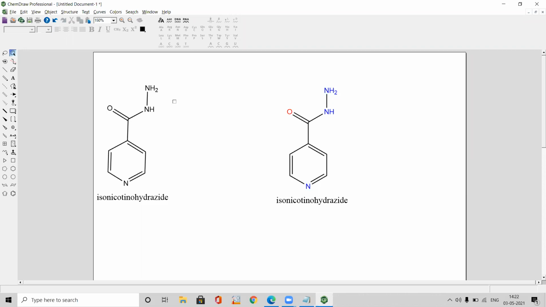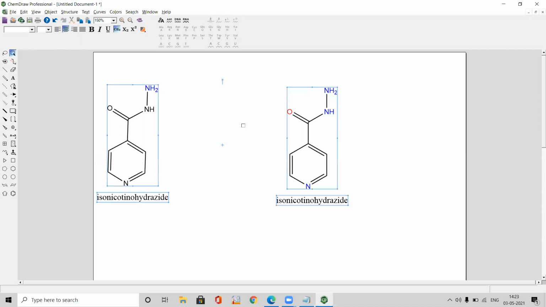Now if you want to do it manually, so you need to go for this marquee tool, click on this amino group, go to colors, give blue color. So then the nitrogen group will turn into blue. So like this individually you need to perform for each element. So instead we can select entire nucleus, we can go for colors, give color according to the element. That option if we are clicking we will get the name. So this is the structure of isoniazid.